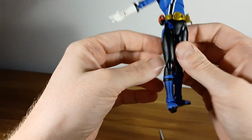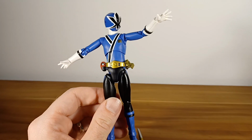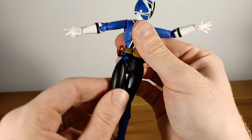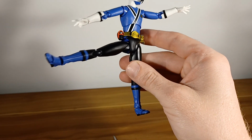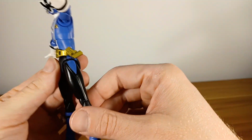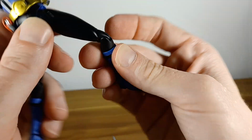The legs, like I said, you can see here, the legs tend to want to drop down a little bit. So you can see very clearly there that there is a gap, but you can push that up. If you want to get any big poses, it does come out to here, but again, the gap there might not be the most appealing. So I would probably keep his legs quite close together and closed, not really doing any big lunges, even though